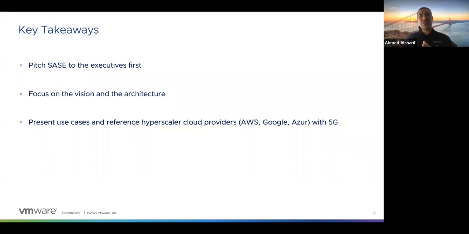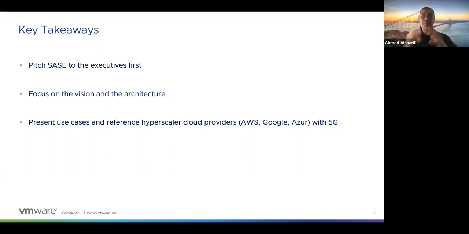Tomorrow, I need more services. I finished security, I finished connectivity. How can you help me to provide high-speed performance to the users? How can you help me host an application somewhere closer to the user, or terminate a VDI session closer to the user to give him higher speed? Why higher speed? Because I want to modernize and transform my business. I need my user to be happy. Otherwise, he will not be happy. So those are the things that you need to focus on.